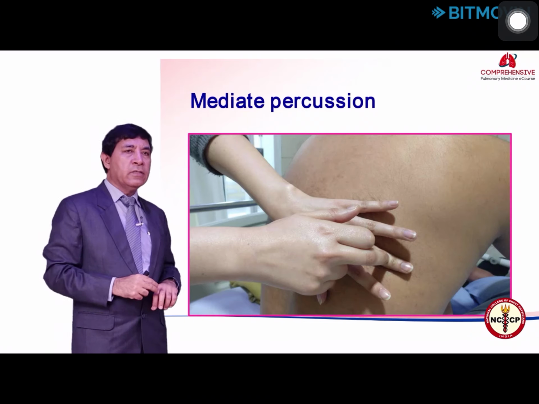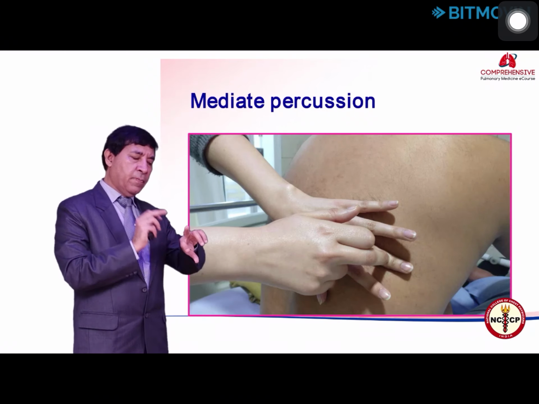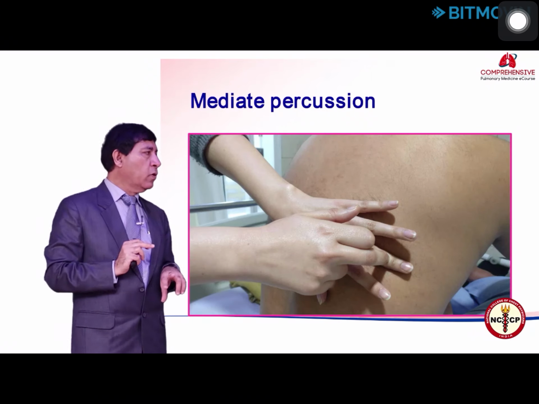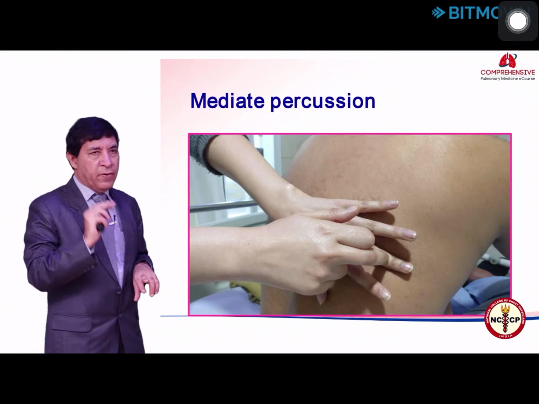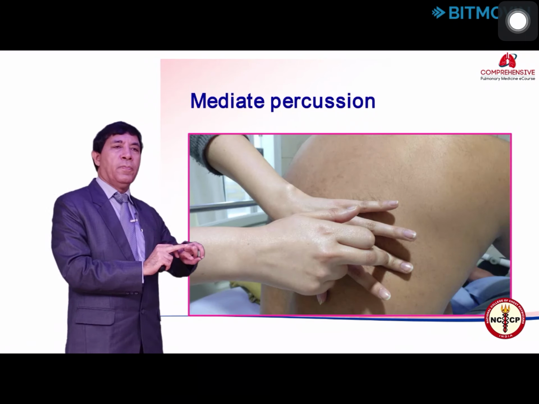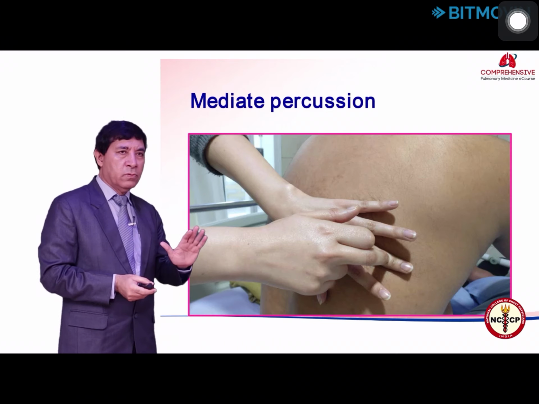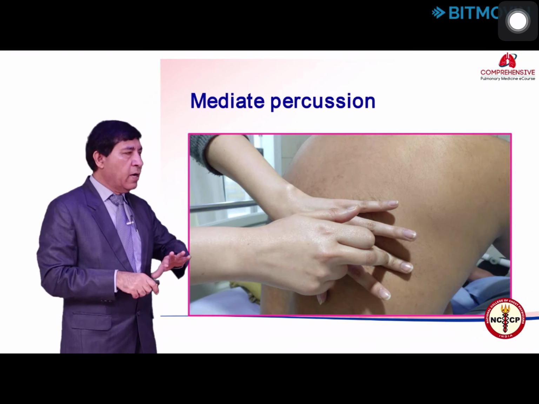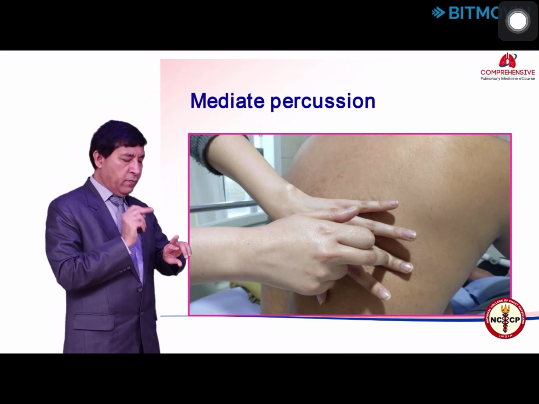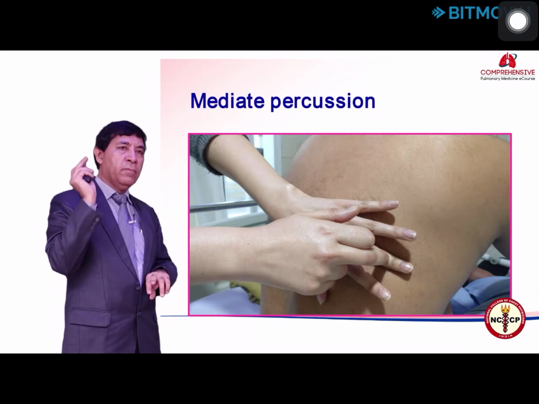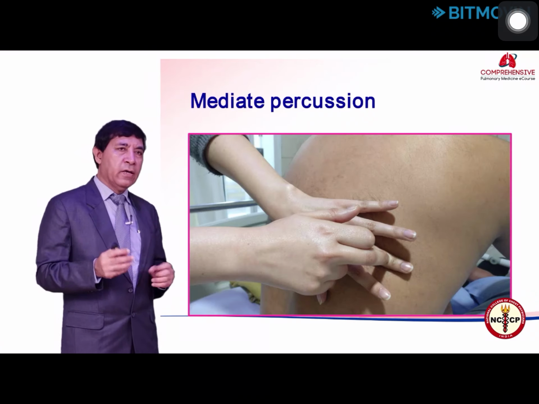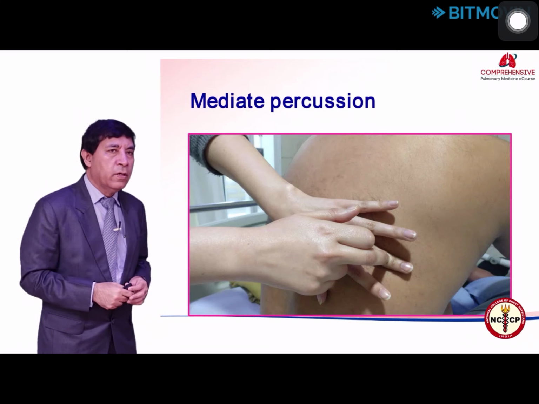The important thing is that after percussion it is very important to remove your right plexor finger, because if you continue to keep your plexor finger on the pleximeter, it is going to damp down the vibration of the chest wall and the note may not be heard. So after striking the chest wall, you should immediately remove your finger and try to listen for the note.